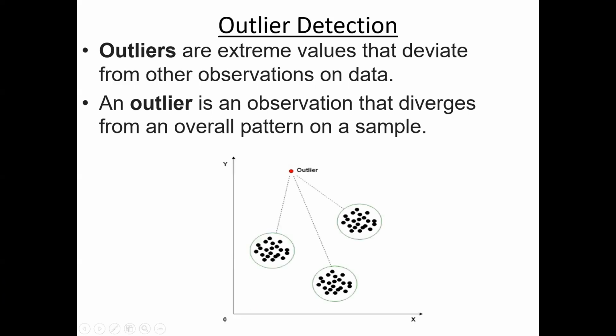Consider this graph. For example, all these values are here, these values are here, and these values. But observe this red point. It is not close to any of these data points. For example, if it were close to here, you might consider the value like this, or if it were here, you might consider it like this. But this red point is somewhere else, and it does not belong to any of these groups. I may call them groups. Of course, you can remove the circles also. You can easily observe this point is somewhere else and not near any of these values. So this is the outlier here.